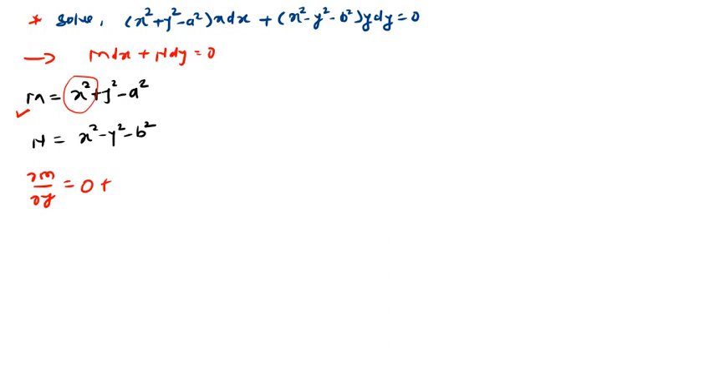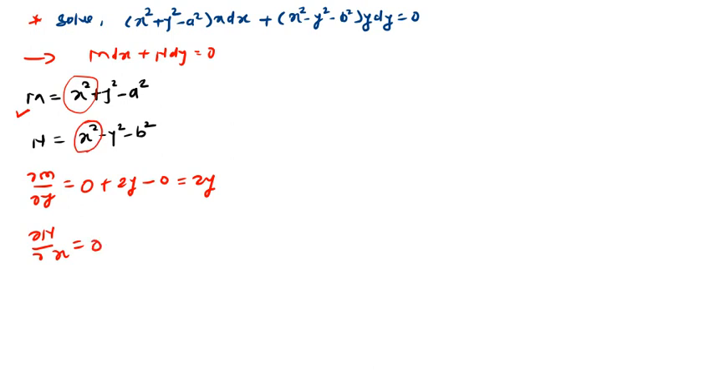The derivative of y square with respect to y will be 2y, and the derivative of minus a square, where a is constant, so a square will be constant, so its derivative will be 0. So what we get? Only 2y. Similarly we can find ∂N/∂x, so the derivative of x square with respect to y